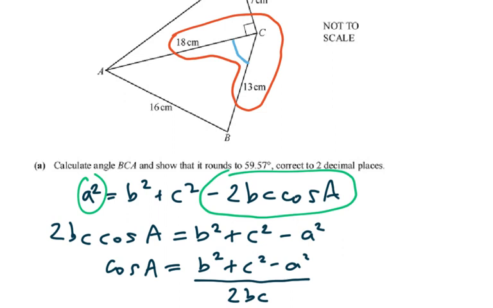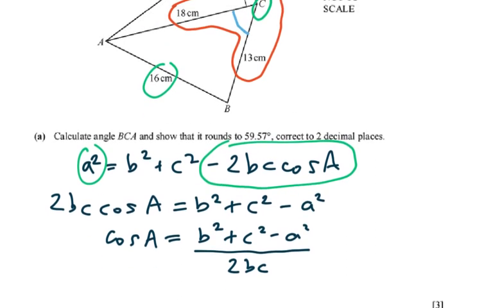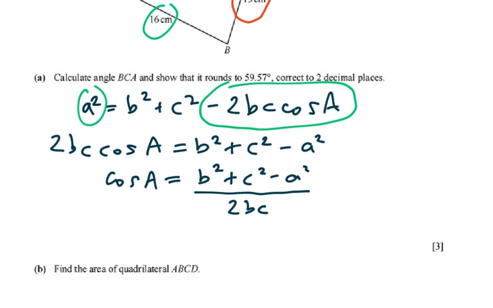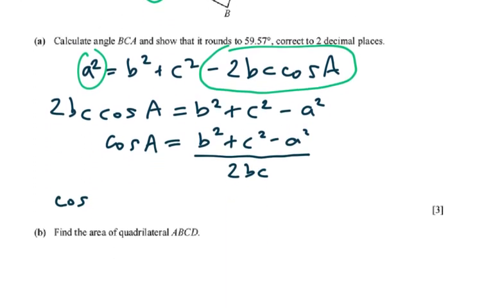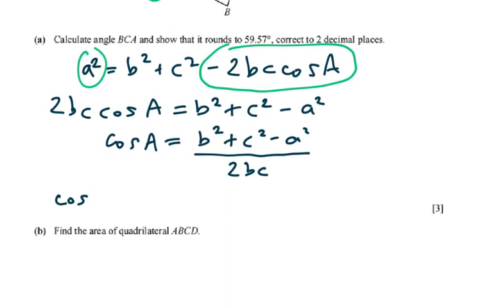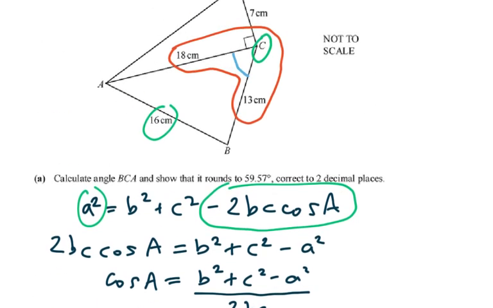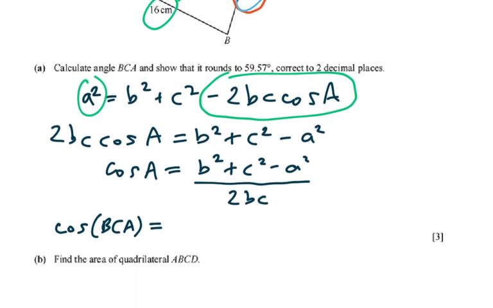So what I've got is my corresponding side and angle is this one. This is the angle, which is opposite side 16. So they're the matching pair. So that means it's going to be cos of angle BCA, as they've shown it there, is going to be the sum of the 2 sides which aren't opposite the angle. So it should make them easy to identify. So it's 18 and 13 are the 2 other ones. So 18 squared plus 13 squared,